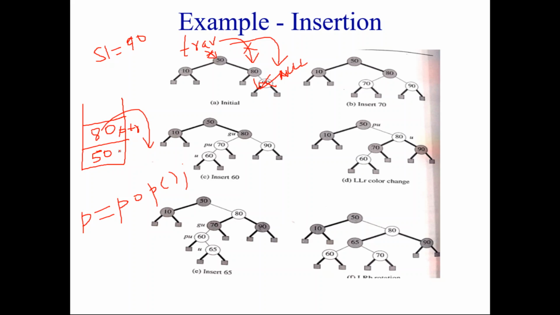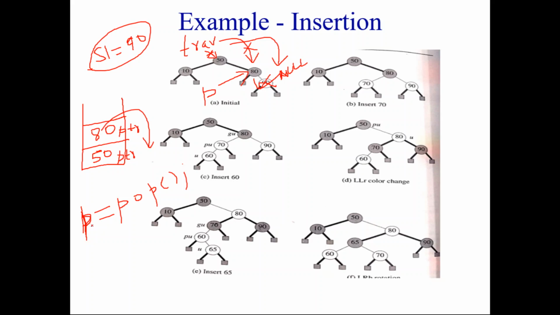Similarly this is also a pointer to node 50. So you got a pointer to node 80 and that is now pointed to by p. P is the pointer which is pointing to 80 now. It means that after 80 you want to insert. So this new node will come either as a left child of 80 or as a right child of 80. So for that again you have to check.